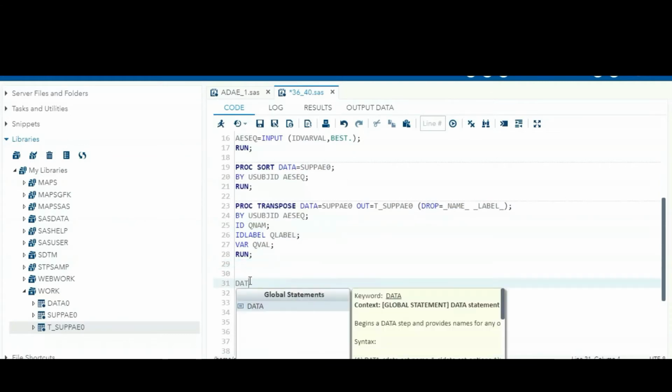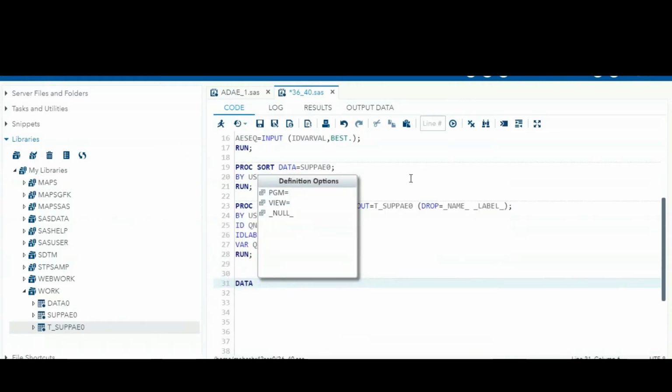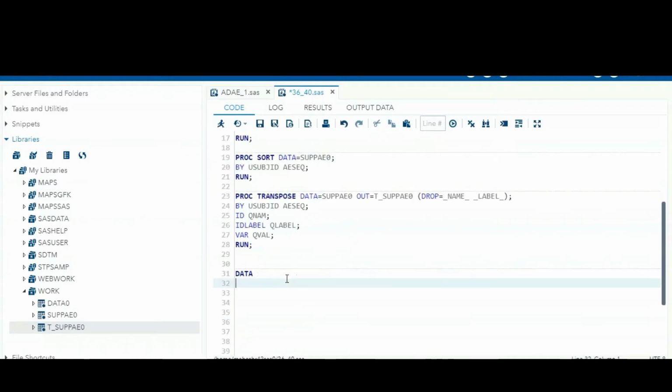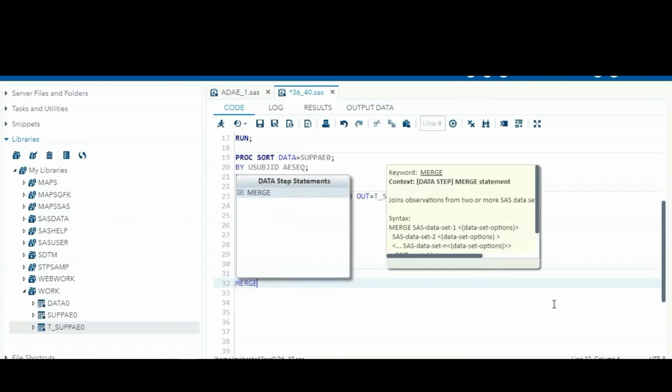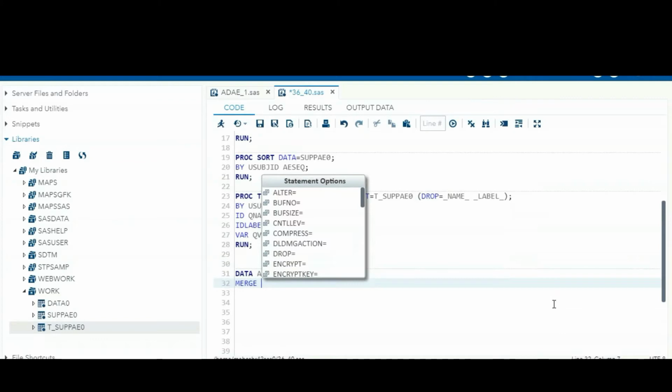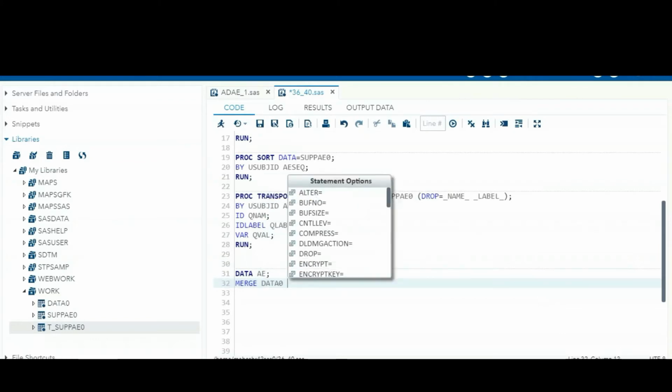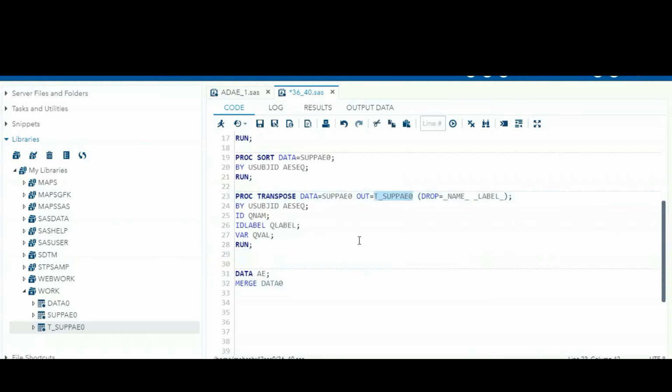Okay, so data. What is our main data set here? Data0, right? So we can give AE, merge data0 and the supplementary domain, this one.